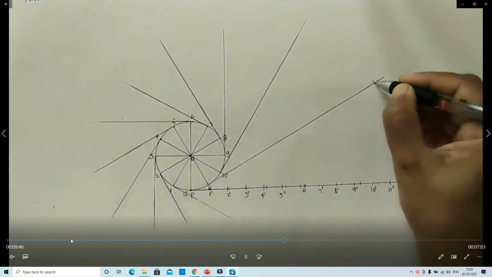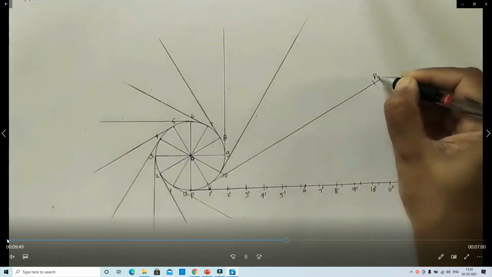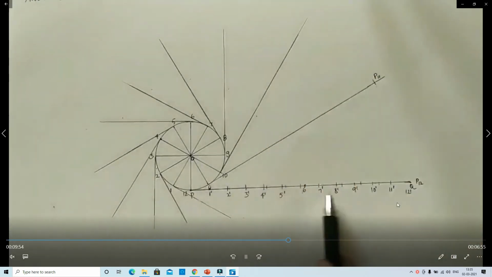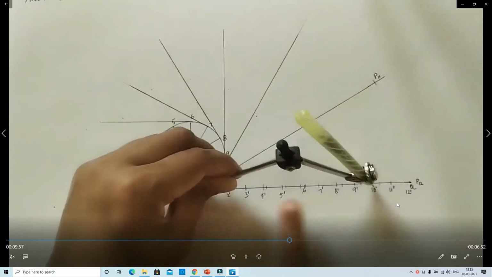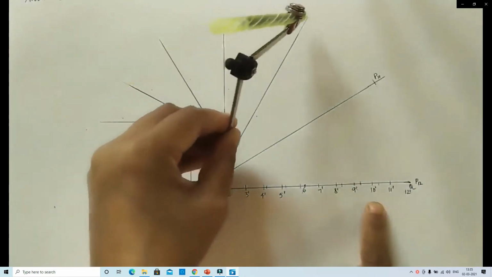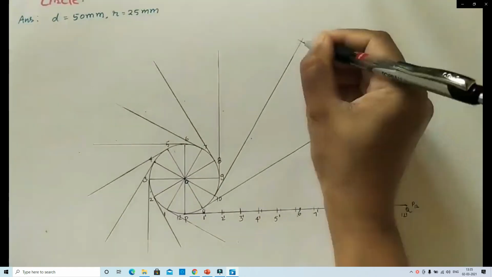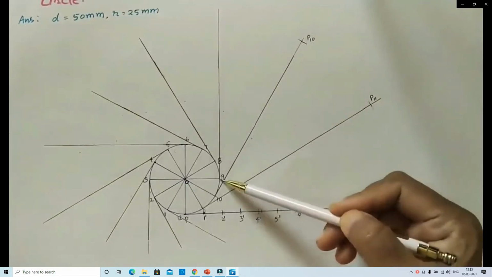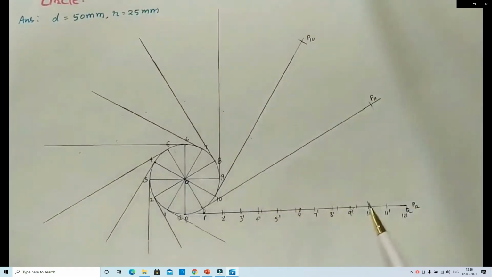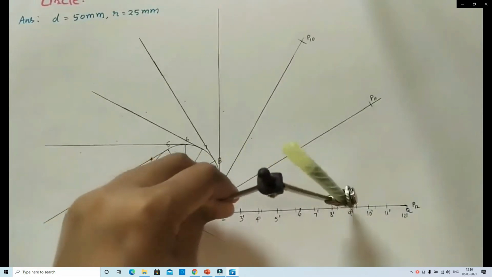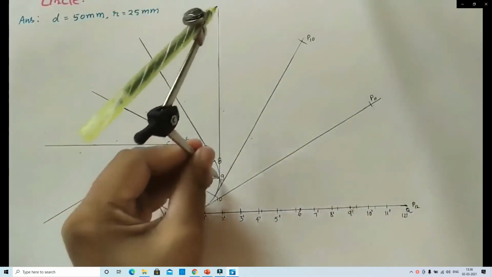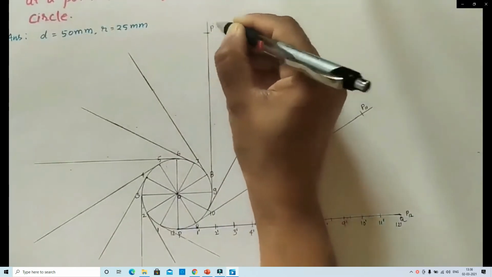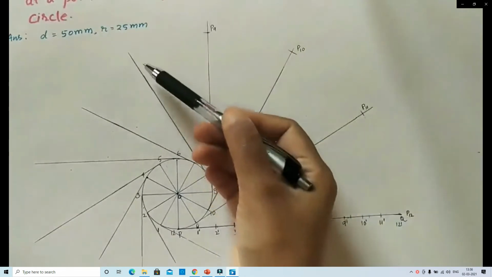1 to 12 already we cut that, and here P2 11, we take P2 11 as the radius and the center is the 11th point, we cut the tangent 11. P2 10 is the radius, 10 point is the center, we cut the line tangent. Next P2 9 dash is the radius and center is the 9 point, and we cut the 9 tangent. That is the P9. Okay.